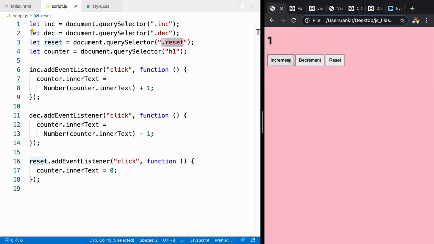So let's look at this now. Increment, decrement, reset, decrement, reset. It's working properly for us. So this was our first application where we combined DOM manipulation on certain events that happen. For handling those events, I'm using addEventListener. This is how we are manipulating it. So we are doing all three things that we learned till now: selecting the element, using addEventListener, and manipulating on a specific event.